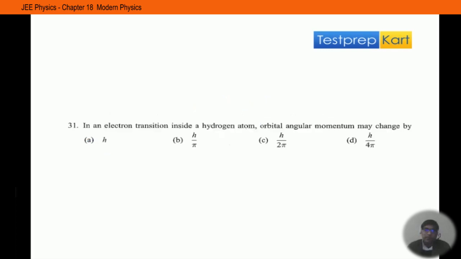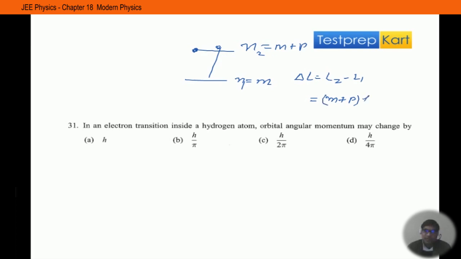Next is, in an electron transition inside the hydrogen atom, the orbital angular momentum may change by. So look, suppose we are assuming that an electron is initially at orbit number m plus p. Now it is jumping down to another orbit, that is n equals m. So we can write the change in angular momentum, delta L, that is L2 minus L1. Now according to Bohr's model, the angular momentum is n into h over 2 pi. So we can write m plus p into h over 2 pi